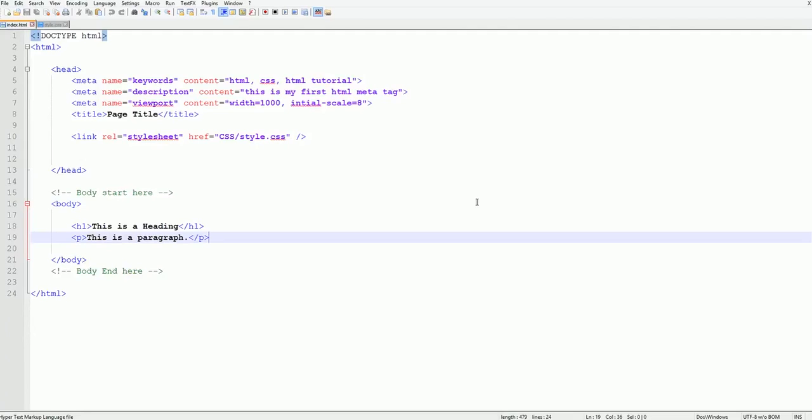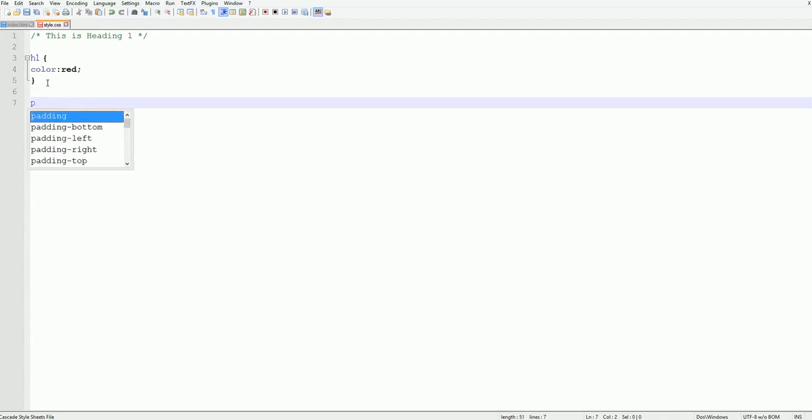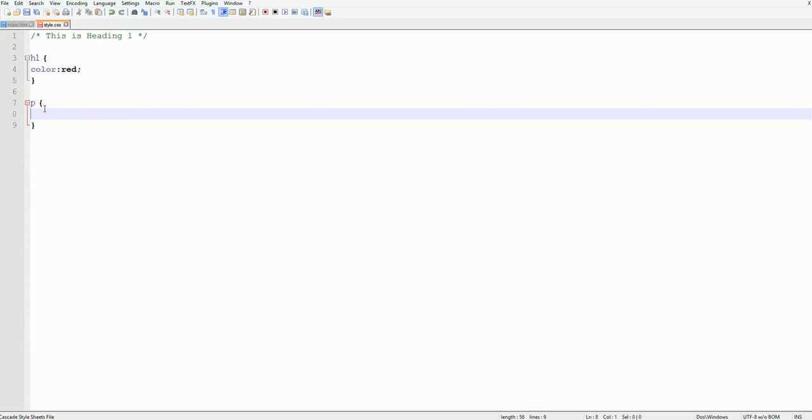In this video, we're gonna look at font styling elements in CSS. There are a couple of font styling elements in CSS. Let's just start with this paragraph. I'll go to my CSS file, and after this heading, we just type the P for paragraph, and open and close our curly bracket. And in the curly bracket, let's type our first font styling element, which is